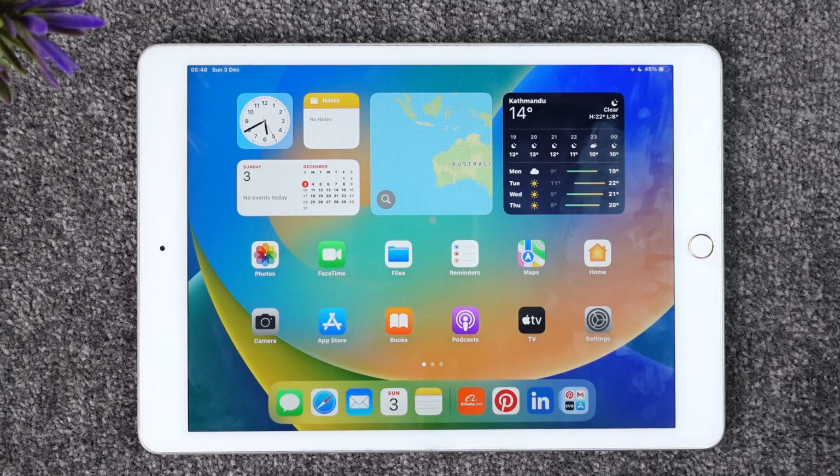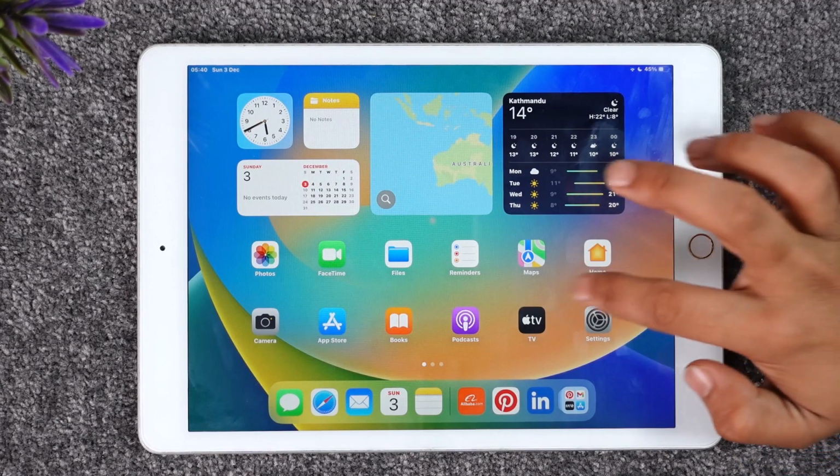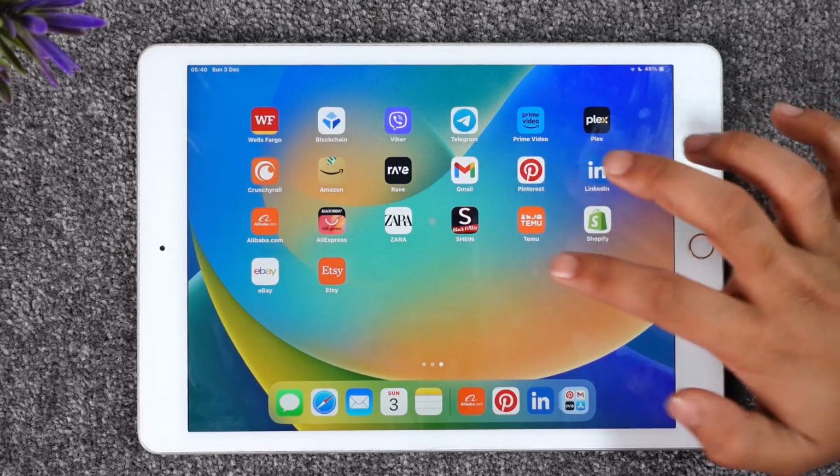In today's video I will guide you through the steps on how you can log into the AliExpress application on iPad, so make sure to watch the video till the very end. Now if you want to log into the AliExpress application on your iPad, it's actually very simple to do that, because all you have to do is first of all make sure to launch the